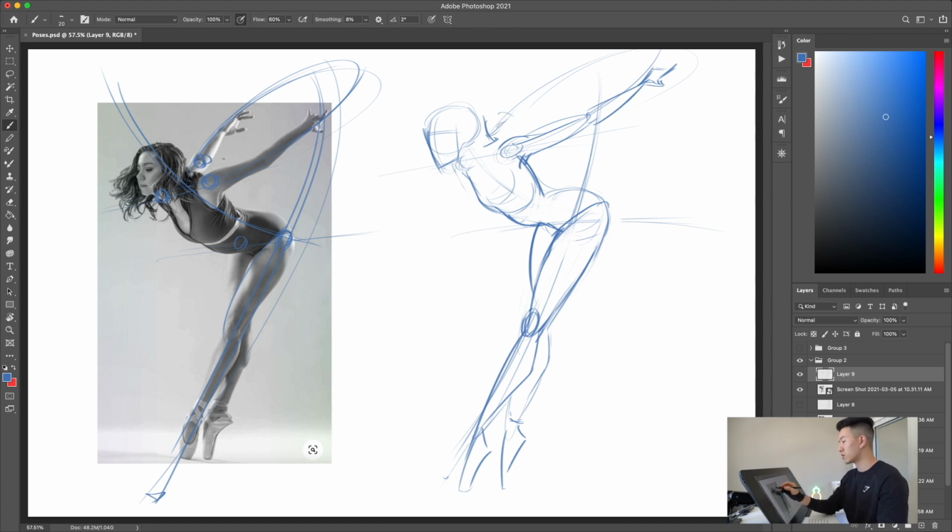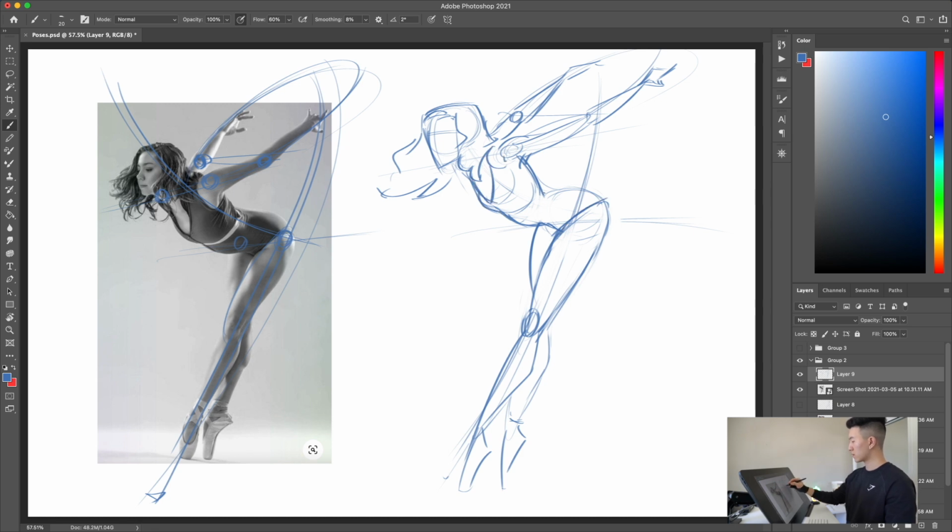So if you're unsure, look for that elbow, look for the other elbow, see how they relate to one another. And there we go, another very dynamic pose that we've been able to simplify and capture using a very simple